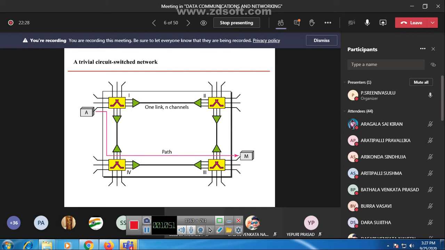The information may go from switch 1 to switch 2 and switch 3 to M, or the path may be established from 1 to 4 or 3 to M, whatever the path. The device chooses a dedicated path to transmit the information from one device to another device. That is the switching network.